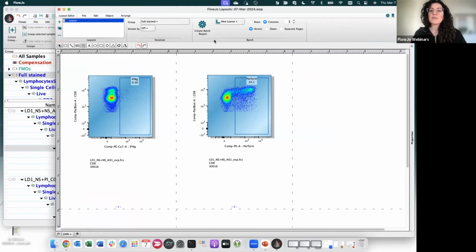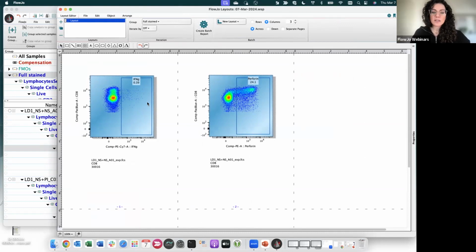In the chat, in the Q&A box, there is a question. Can I make an overlay of histograms and give each condition a different color? Yes. Just let me show you these first, and then we will move on to histograms in the last 5 to 7 minutes that we have. So